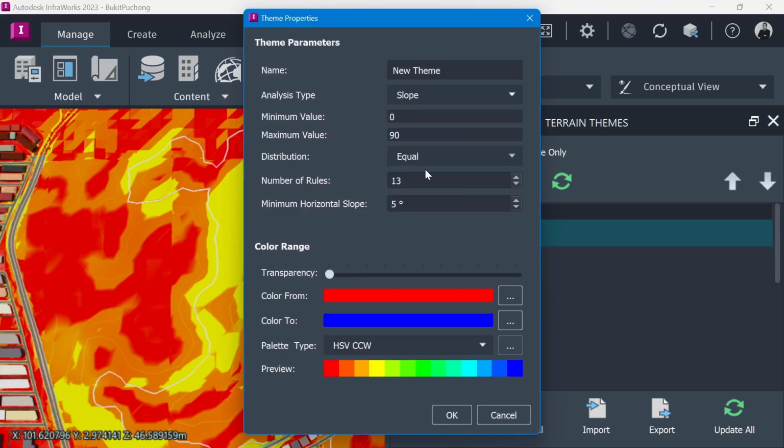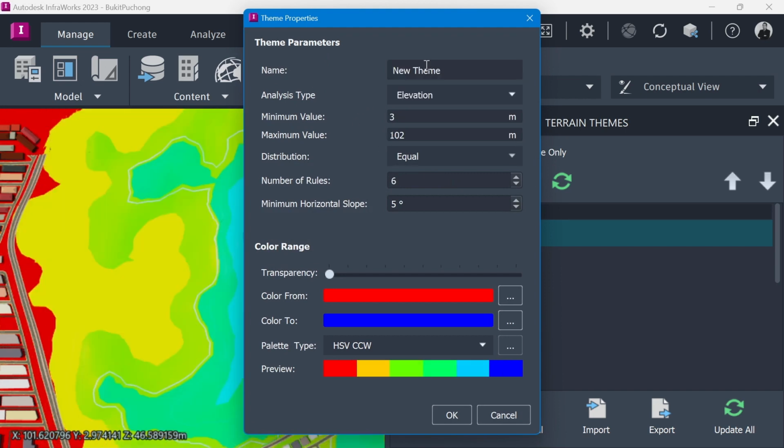Okay, let me change the analysis type to elevation. I want to see the elevation, so first I can avoid the hilly terrain. Maybe if I want to create a road, it can avoid that steep area.